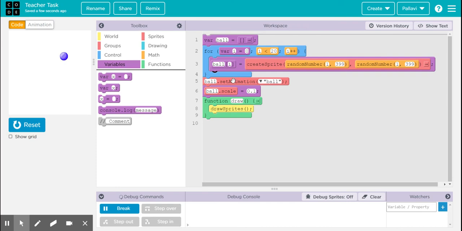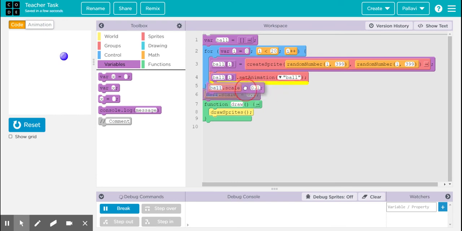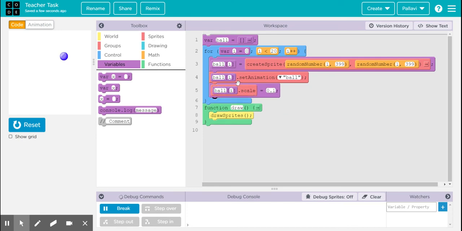So I'm going to set up the animation image to these variable sprites. So what I'm going to use is again this set animation block, but instead of ball, now I'm going to also assign the variable index, because now we are not taking a single sprite, we are taking an array of sprites and we are accessing it. And then I'm going to again take another property which is of scaling it up to 0.1 size. Now here I'm going to use the square bracket to specify the index i. So this is how ball 1 to ball 20 will be created and will be stored in array var ball.